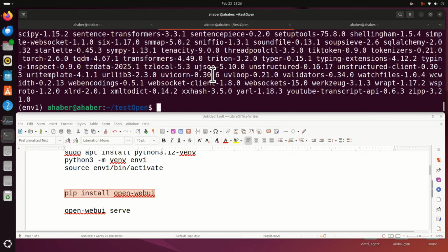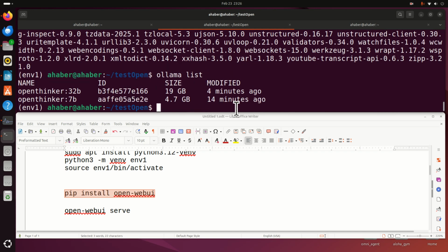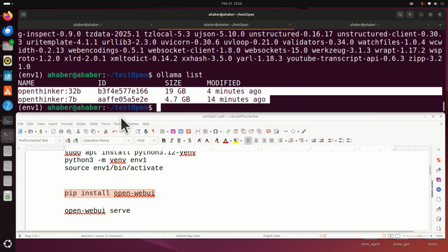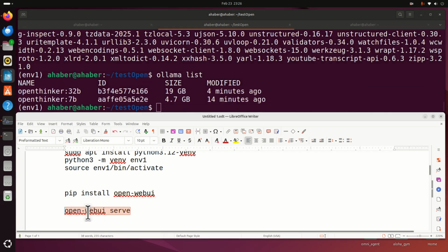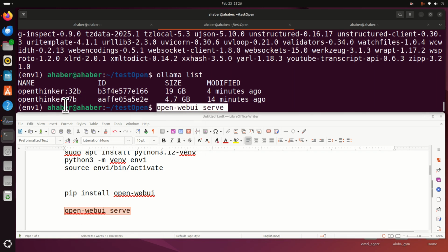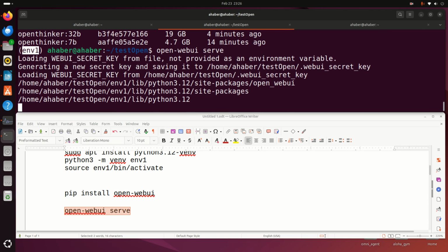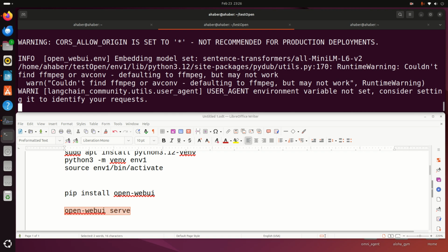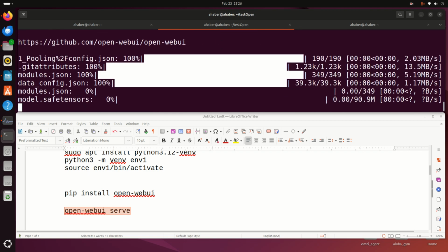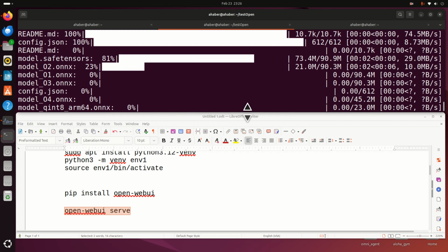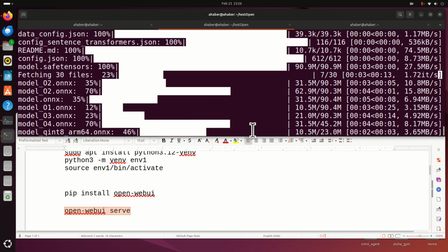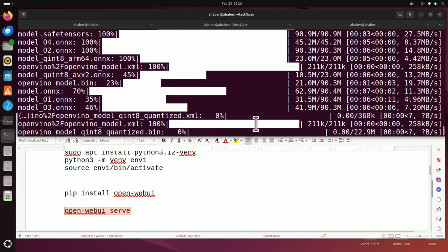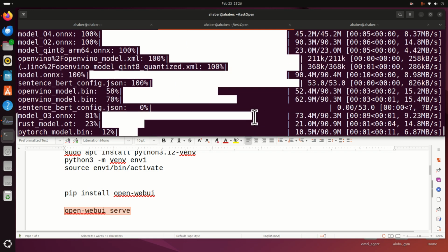So before we start Open WebUI, let's type ollama list and we can see that both models are here. To start Open WebUI, we simply need to type this in our virtual environment. Make sure that you execute this command while you see the environment name in parentheses, and press enter. Now several more packages will be downloaded and installed, and after some time you will see over here a local address, and by clicking on that local address you can start Open WebUI and you can start playing with your